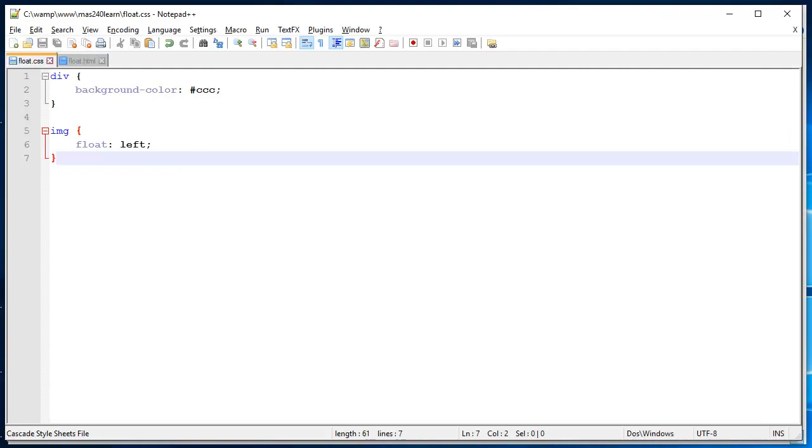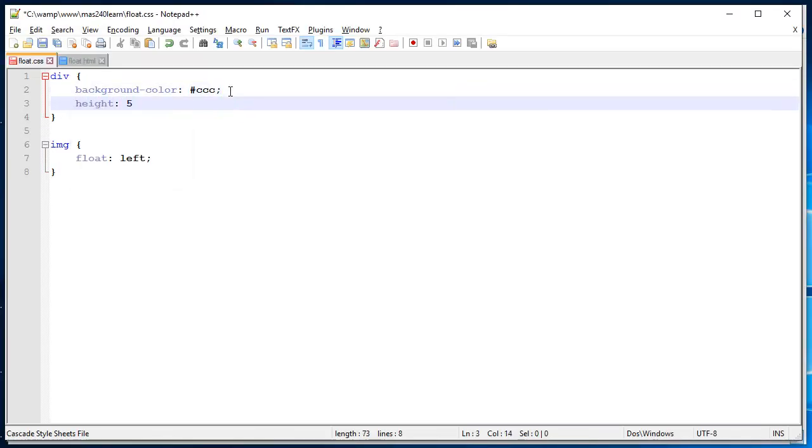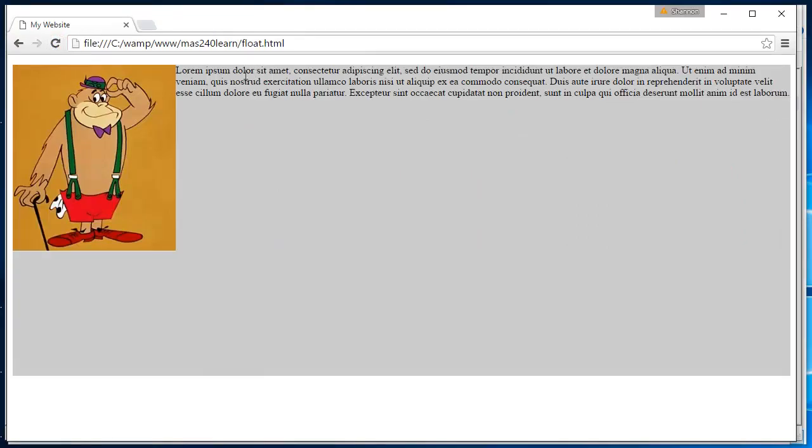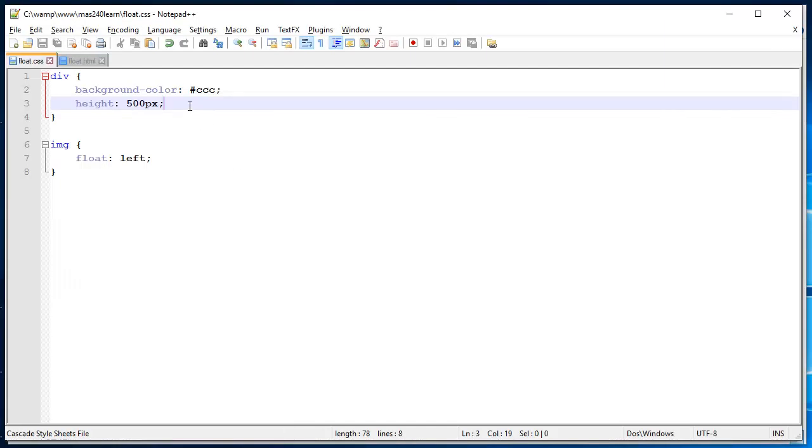So what we could do is maybe give our div a height, let's say a height of 500 pixels. Let's take a look and see what happens. So our div now has a fixed height of 500 pixels and our image looks as though it's living inside the div, but essentially that's not really what I want to do. I want to have this div more dynamic so that it stretches and grows in height depending on how much content is inside there rather than being constrained by the fixed height. So I'll just remove that height rule